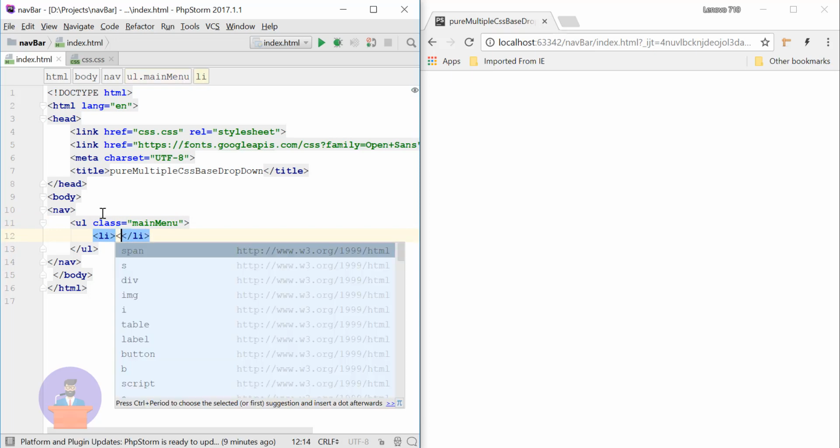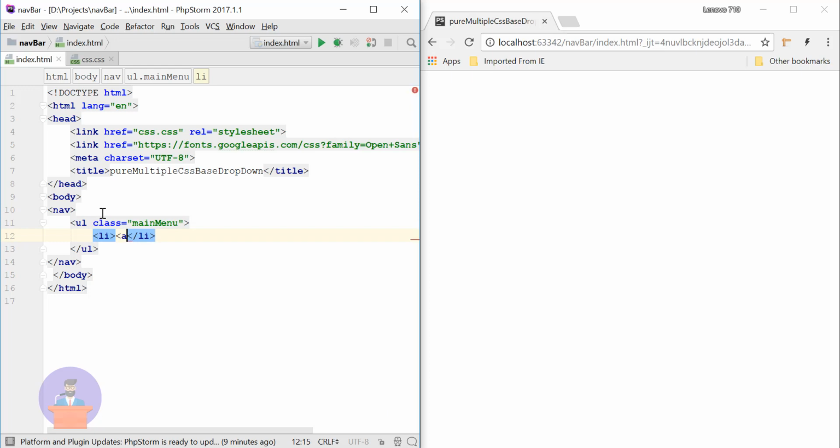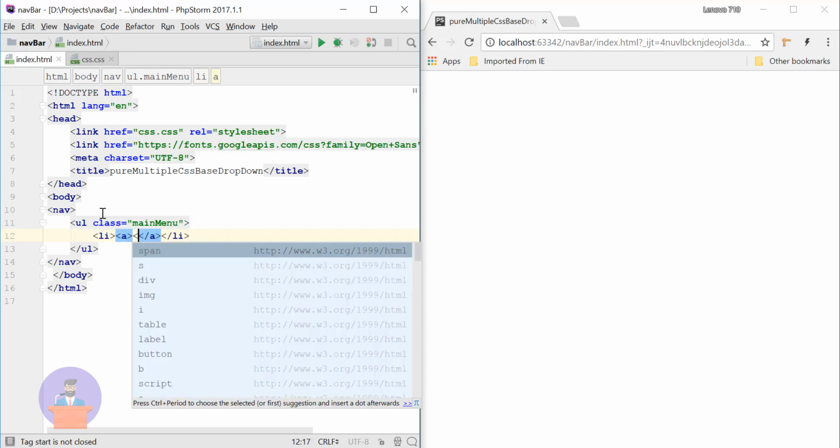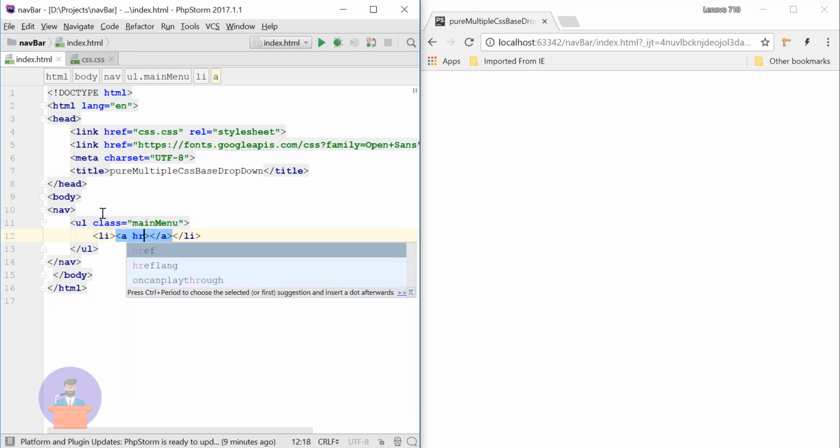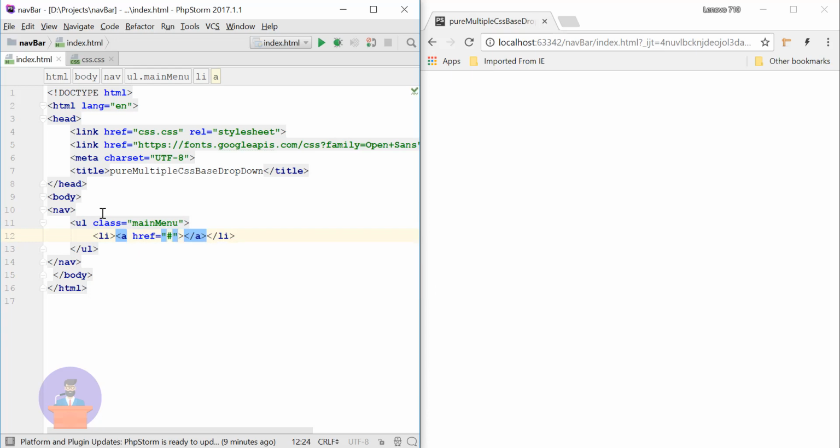Here I am using an anchor link, and I'm providing href as hash. Right now I'm not giving any link, and here I'm providing the text as home.